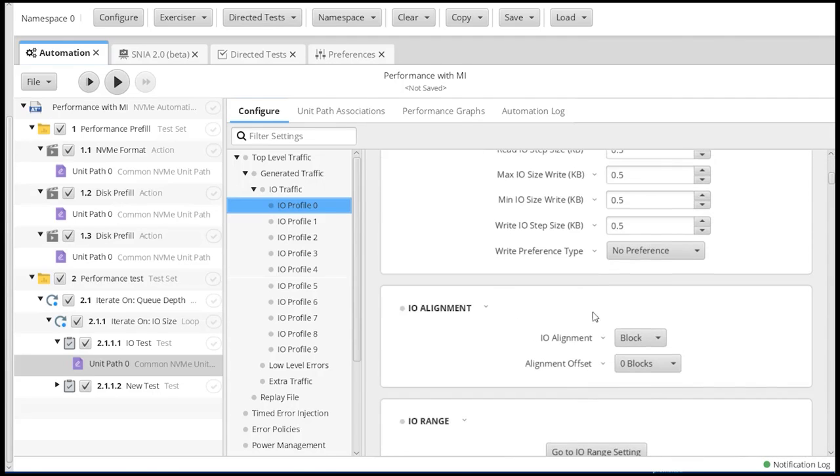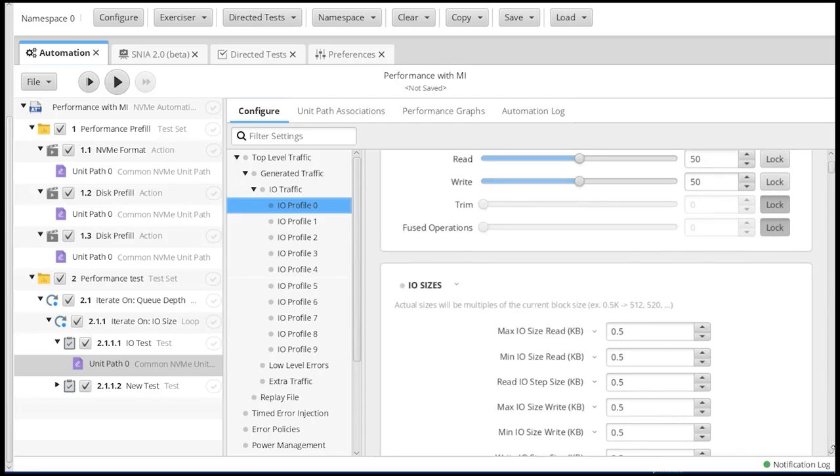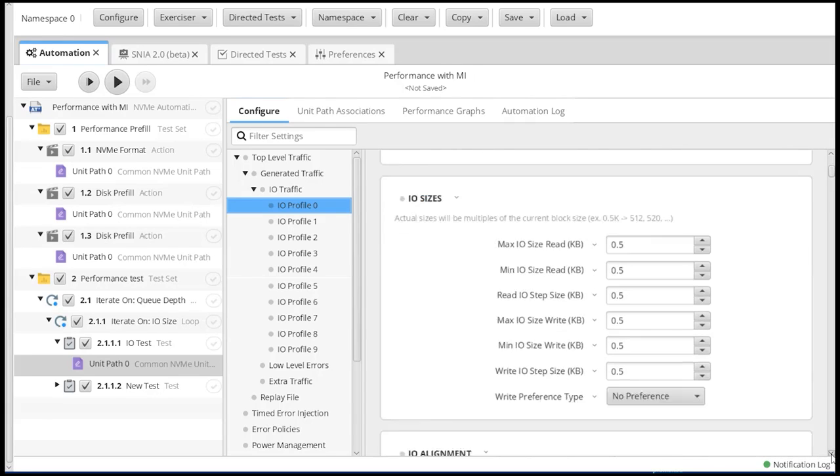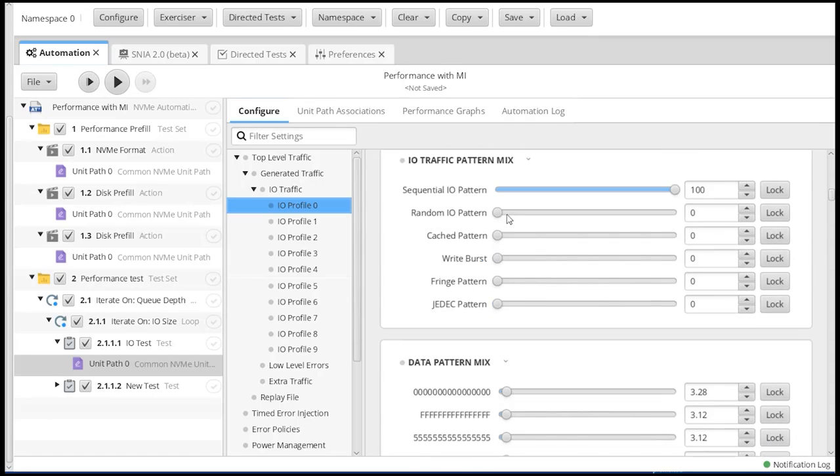Our IO alignment is not going to matter, nor will our IO size matter, because we've set both of those above. So those will get overridden. We did not set traffic pattern, and we're going to want this to be random, 100%.